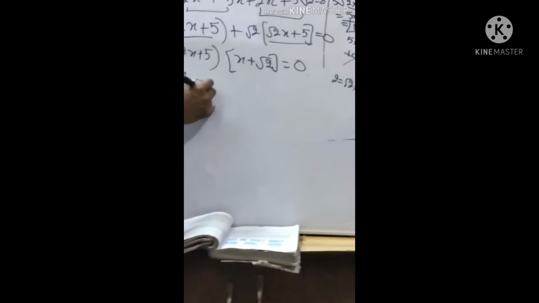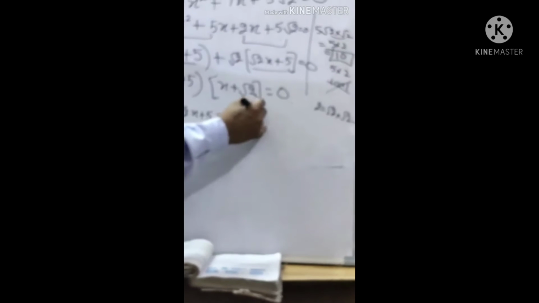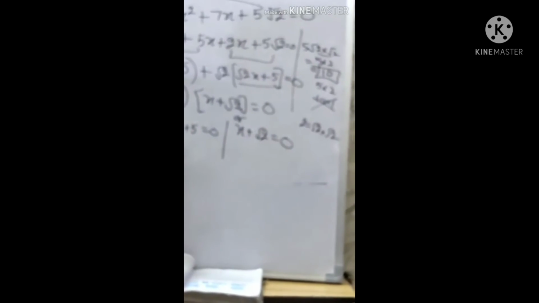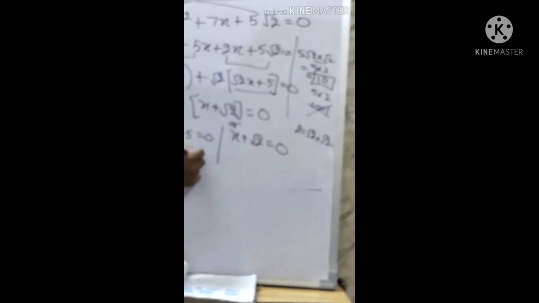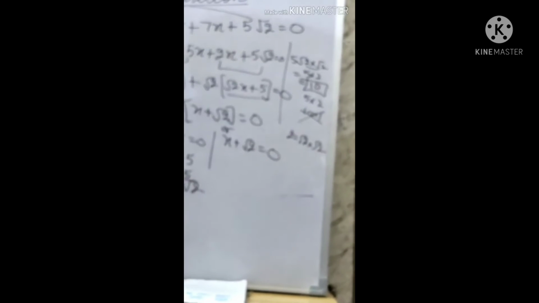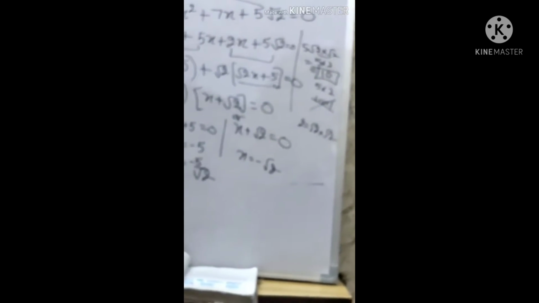Hear this. So now the product of two terms is equal to 0. And what will we say? Either root 2x plus 5 equals 0 or x plus root 2 equals 0. So root 2x equals minus 5, x equals minus 5 by root 2, and here x is equal to minus root 2. So therefore